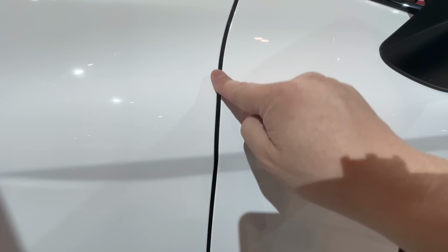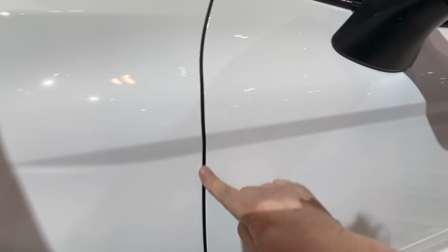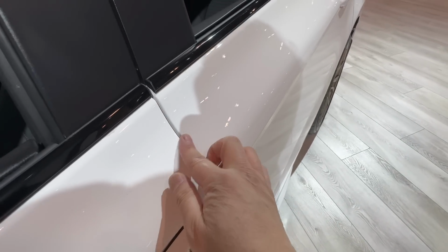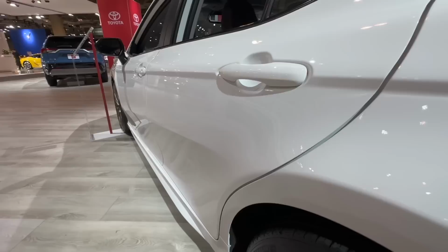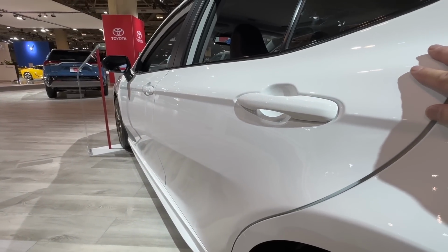And the gap, look at that, that's actually excellent. That's a Lexus standard. That's about 3 millimeter here. Even less than 3, 2.9 millimeter here, and about 3 millimeter here. So overall, the panel alignment is as good as what I saw in Lexus ES, and the paint job is